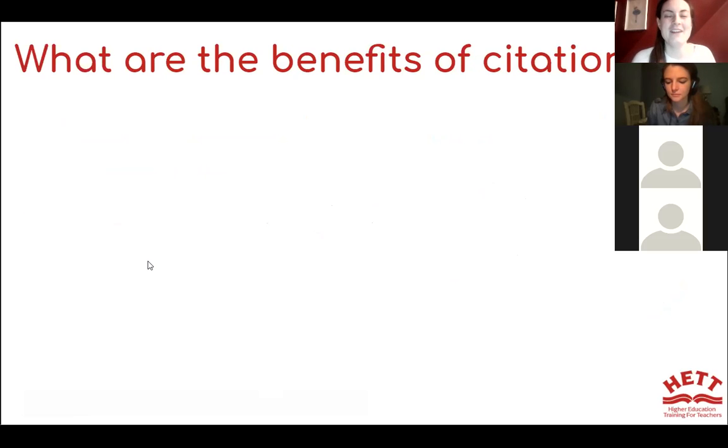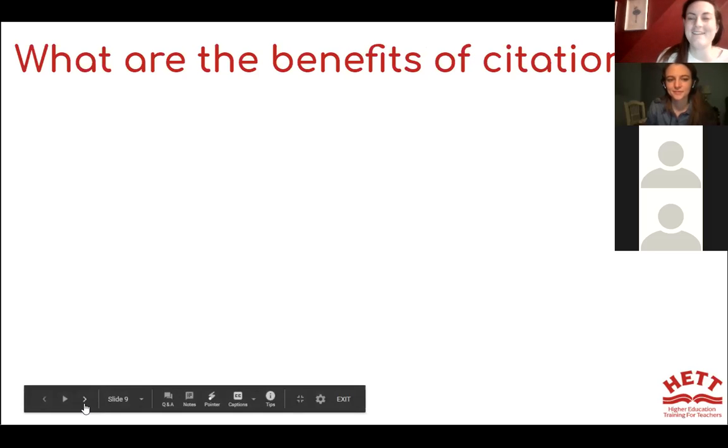What's the benefit of it? What is this module based on? You can tell me in the chat box. Avoid plagiarism. Yes. Easy to find references to avoid plagiarism. Yes, definitely.